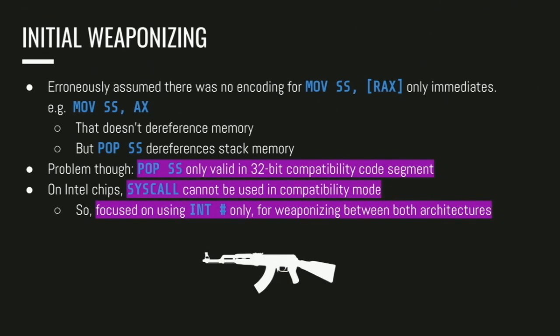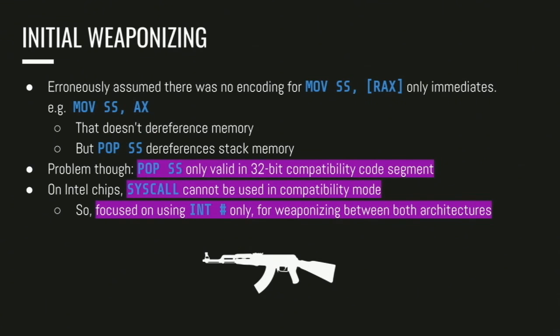I thought at the time that there was only a MOV SS AX, which is an immediate value in the instruction stream. If you're really familiar with how debug registers work, you would know that the MOV SS AX you see there would not actually work as far as a debug register is concerned. It would not fire any type of INT1. And this was pointed out to us in error by some of the Linux developers, thankfully later, after we released this exploit.